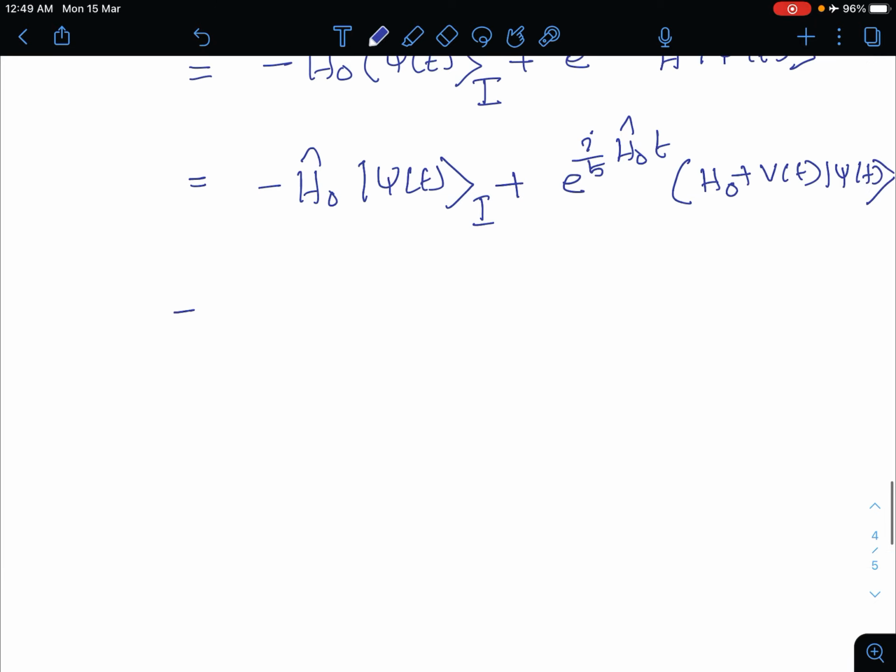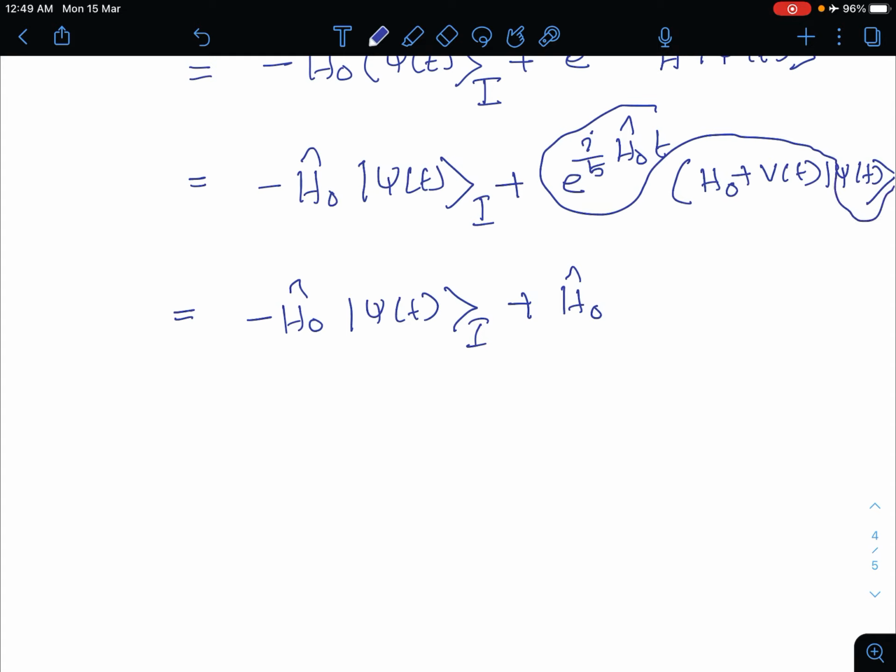Now that is minus H0 psi of t I plus H0 e raised to i by h cross H0 t into psi of t. Look at this. If we multiply only the last term, what you get is simply psi of t I plus